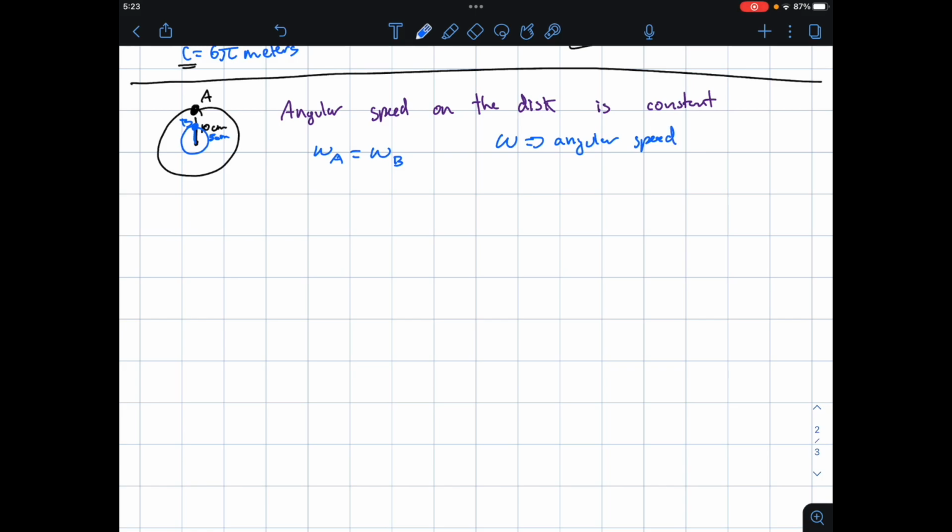Those angular speeds are the same because as this disk is rotating around, all the parts must be rotating together. Logical enough. Now let's say the disk is rotating at, let's do radians this time, 4 pi radians per second. That represents 2 full rotations in 1 second. So if we want to know the linear speed of A based on this angular speed, well, the linear speed of A